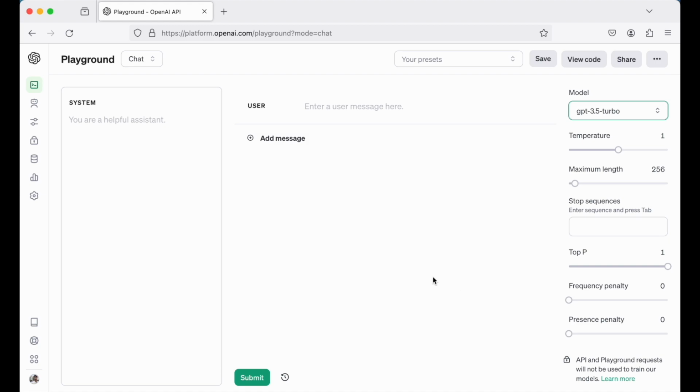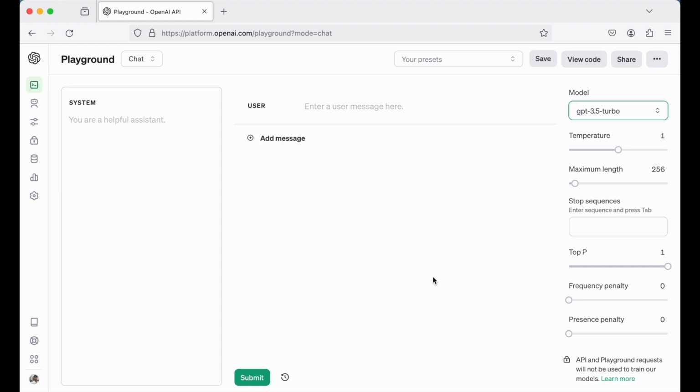Now to use this particular playground, you will have to buy credits. It is not free to use because it is on a prepaid basis. So whenever you submit any request on this playground, then on the basis of token length in the input or the output response, the credits will be utilized. What are these tokens and how is the utilization based on tokens? We will see in detail in some other video, but for now you can just understand that if the input or the output text length is more, then you will be charged more, and if this length is less, then you will be charged less.